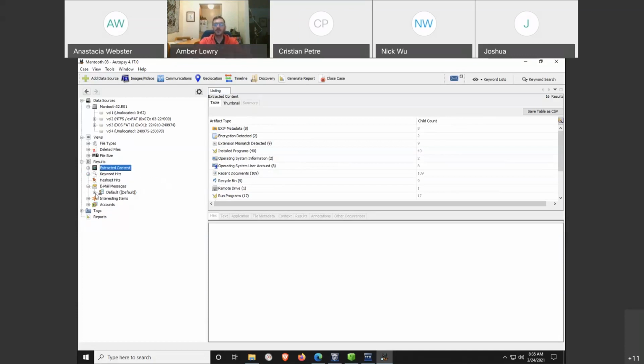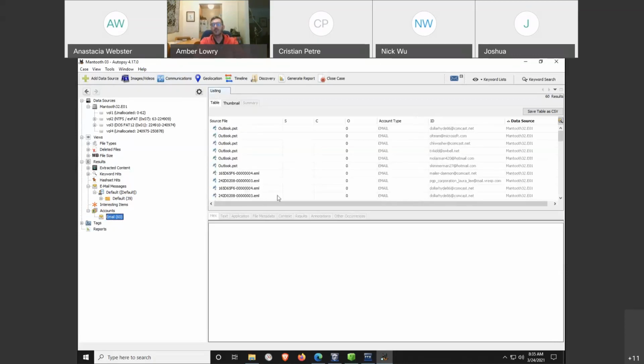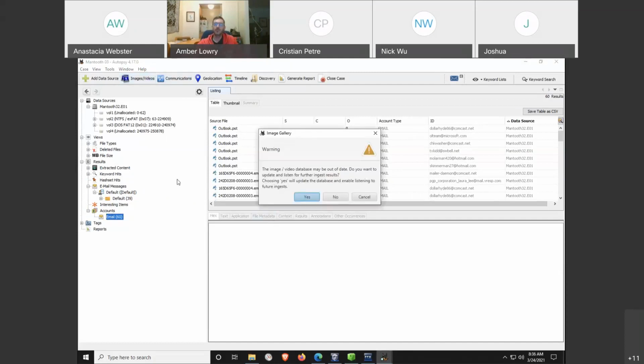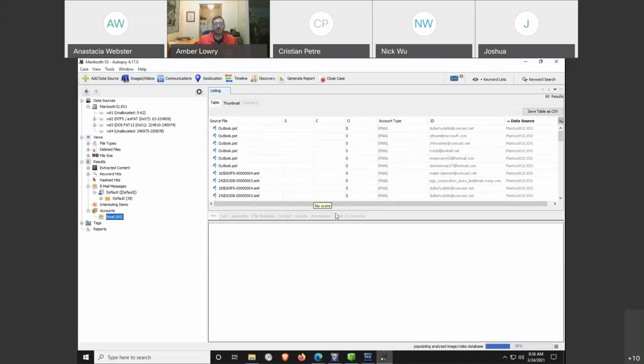We also have email messages. You can look at them here, but honestly, communications is somewhere we're going to take a look at these. If there's any interesting items, it'll be listed here, but there's not any accounts. This is just going to be a nice little list of email accounts. But like I said, communications is really where it's at. Let's go ahead and take a look at some of these. We're going to hit yes, because we already